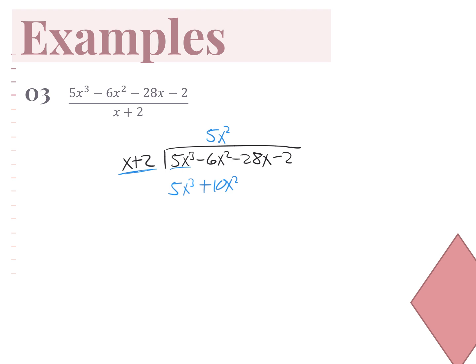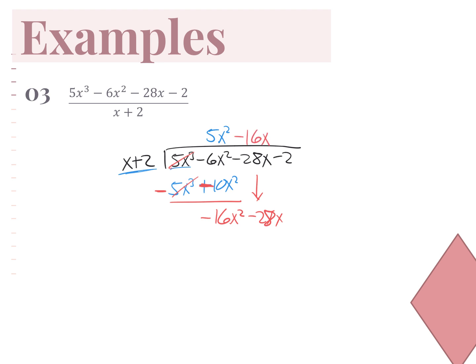All right, and then once again, subtract everything. That's going to change all of your signs. And then what should always happen is these cancel out. All right, and then you're left with a negative 6x squared minus 10x squared, and that's going to get you a negative 16x squared. All right, next, bring down the next term, which is a negative 28x. All right, ask yourself the same thing. What do I need to multiply x plus 2 by to get a negative 16x squared? All right, and that's going to be a negative 16x,